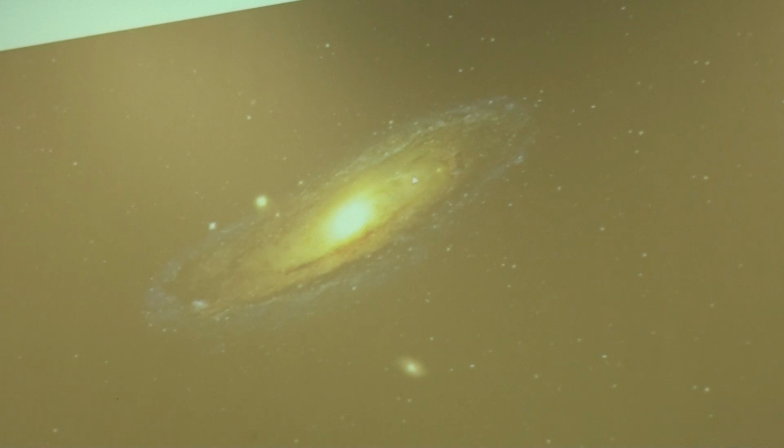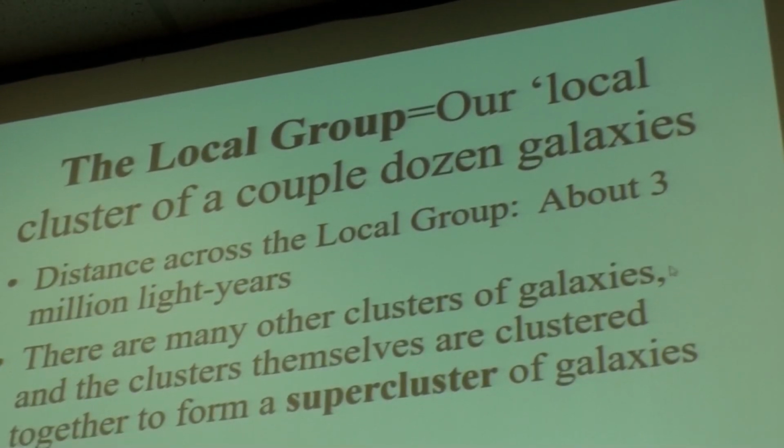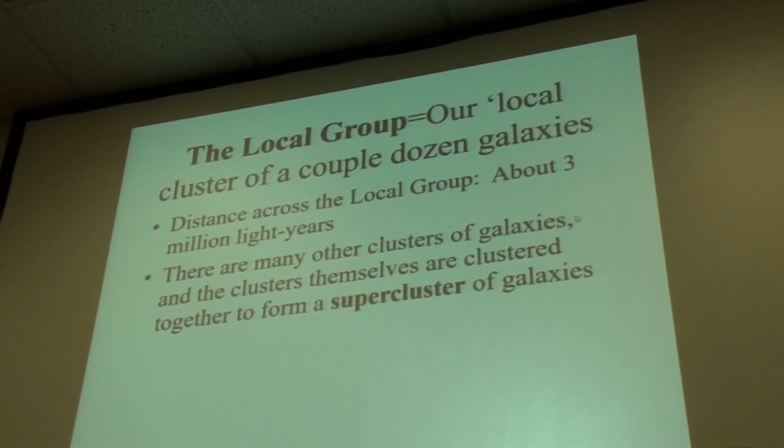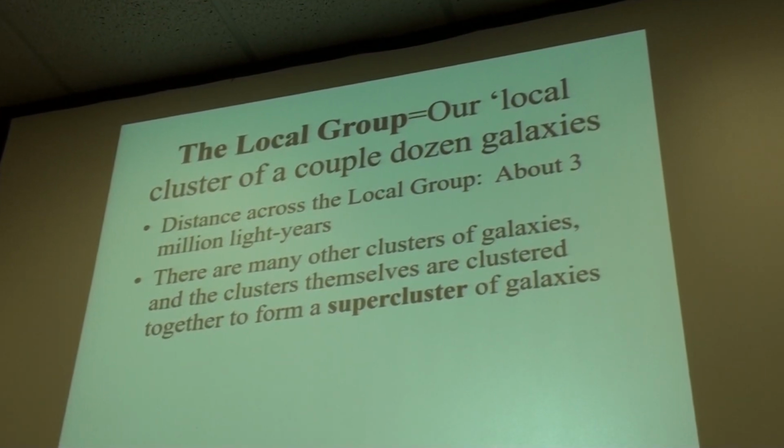So we can see then that Andromeda is a very significant galaxy and is more what we call a pinwheel spiral, whereas our galaxy is a little more bar-shaped. But they're both flat galaxies, and Andromeda is a little bigger than our own galaxy. So they're both members of the local group. And that local group is about 3 million light years across.